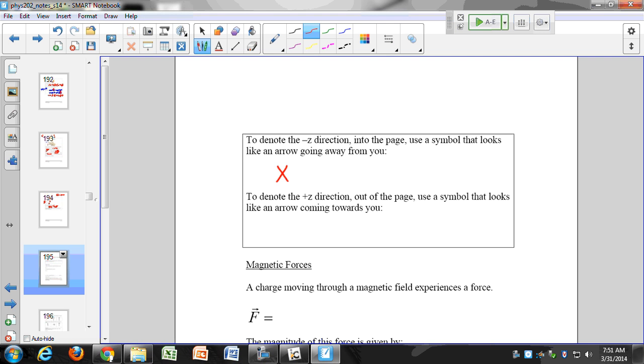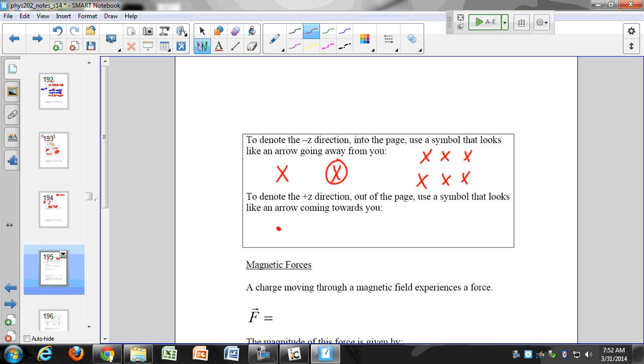But anyway, the way we denote the negative z direction, or the minus k direction, looks like this. I'll either draw just an x or an x with a circle around it, or sometimes I'll draw a whole field of x's. And we'll see that in all 3 situations. The positive z direction is a dot. The x is like an arrow going away from you, because an arrow has a feather on the back, a fletching, and it's going away from you. But if you have an arrow coming towards you, you don't see the fletching, right?